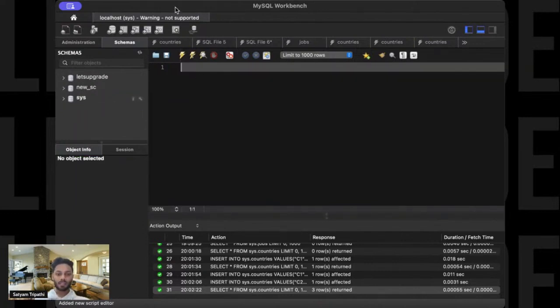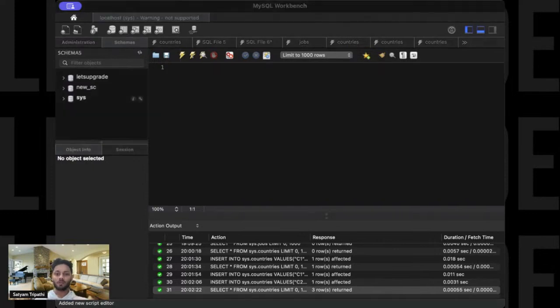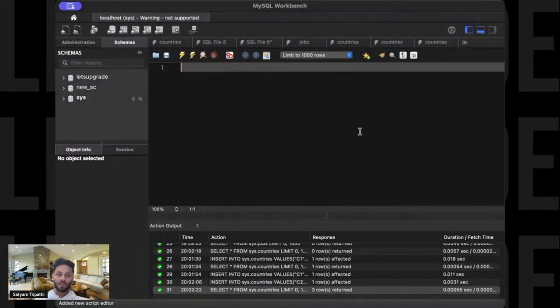So what I'll be going to do over here, let us just say if the country table doesn't exist, I'll simply do CREATE TABLE IF NOT EXISTS